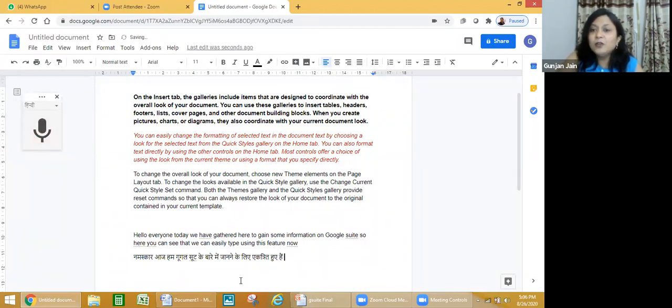So this is how you can type in English and Hindi both. And there is no point of making a Word file now. You can by default make it your word processor. Open just a Google Doc, prepare the notes for the students, whatever notes you wish to share. You can prepare it in the Google Doc itself and then share the Google Doc itself with the students. So this is how you can create a Google Doc.